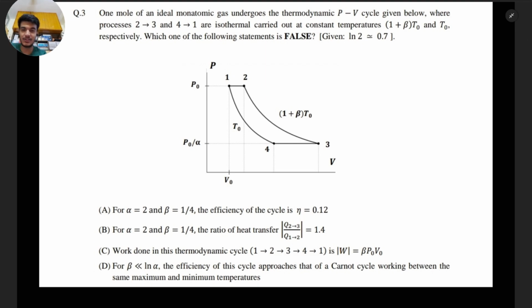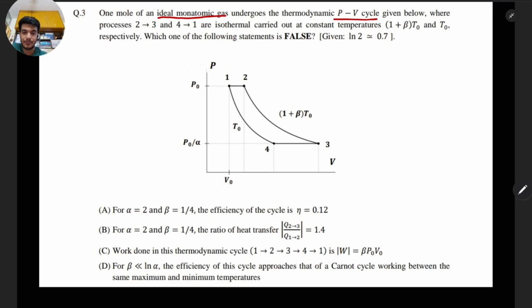Okay, now this question looks big, and it's basically based on thermodynamics. So let us see what this question says. 1 mole of an ideal monoatomic gas undergoes a thermodynamic PV cycle given below,